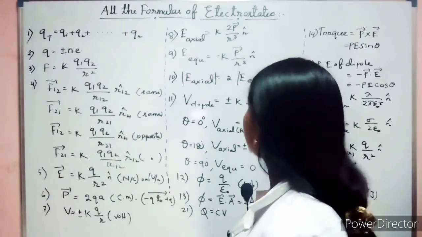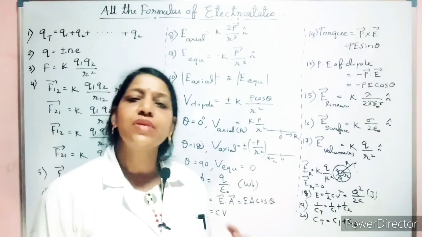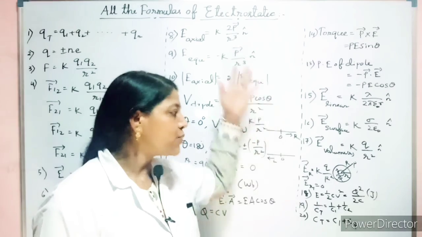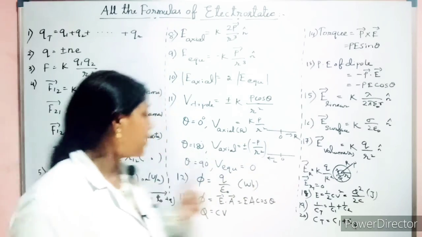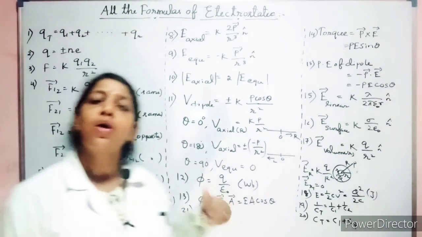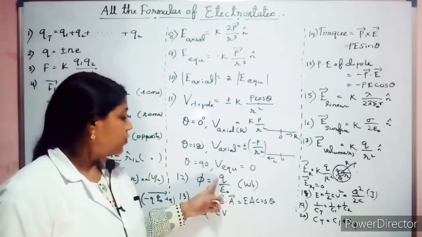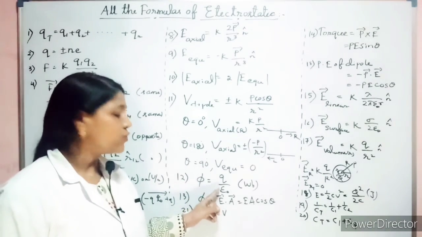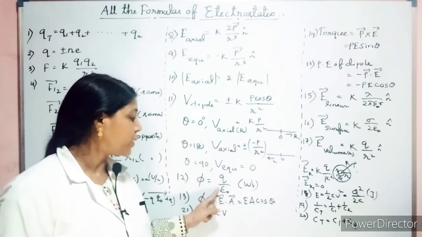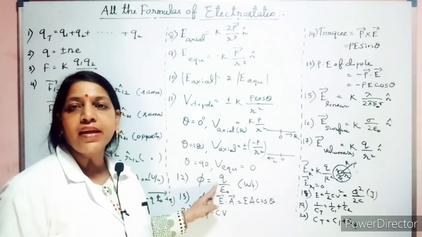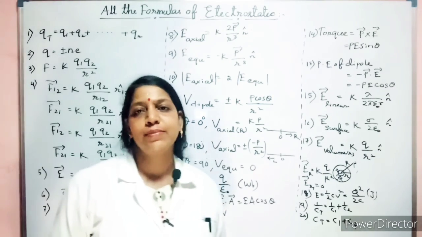Remaining, these are the basic formulas which you need to remember and practice. First understand the concept. Once you understand the concept and work out the numericals, these formulas will automatically come to your mind. Along with the units you need to remember, the value of k is 9 into 10 to the power 9. It's always advisable that whenever they are giving the q and asking you to find the potential, don't substitute ε₀. What you do is multiply numerator and denominator by 4π. Then it will become 1 by 4πε₀. So substitute k directly, 9 into 10 to the power 9, along with that 4π, so that it will make the calculation simple.